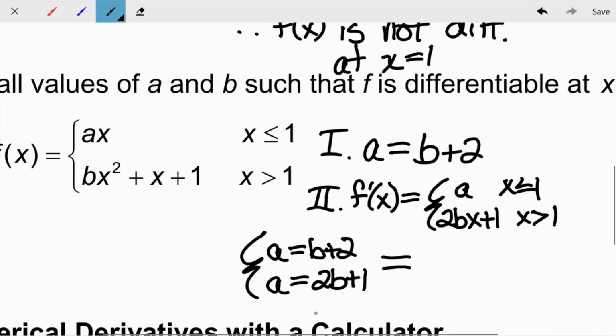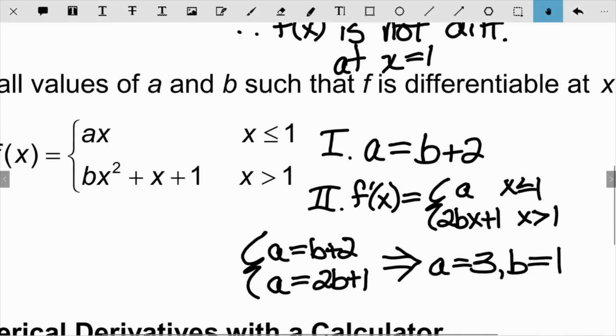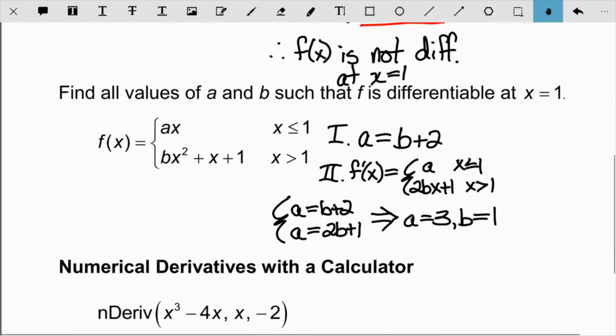So I'm not going to go through the algebra here, but the main idea is you've got a 2 by 2 system. You can do substitution, you can do elimination, whatever you want. Probably substitution's the easiest here, but you'd end up with a being equal to 3 and b being equal to 1. So very simple to do, but the main idea is look at the continuity and then look at the right and left-hand derivatives. All right, so let's talk a little bit about